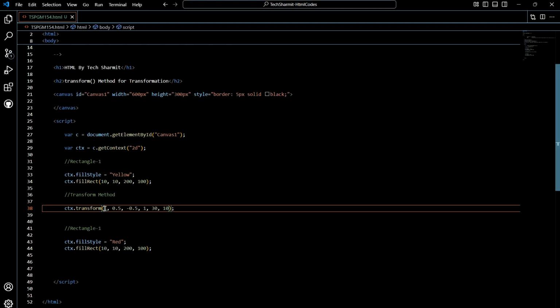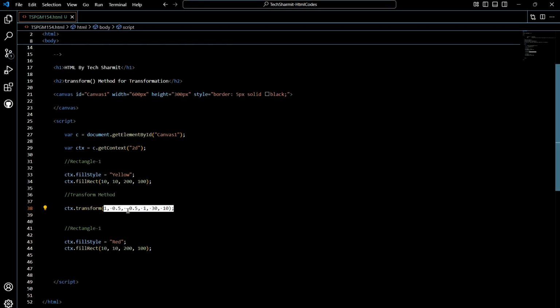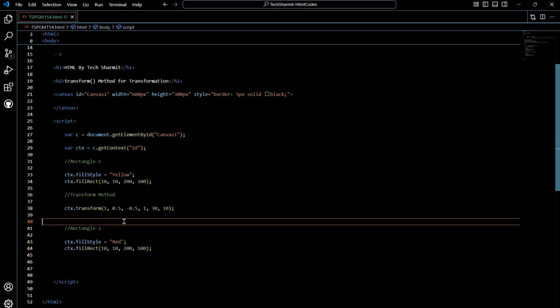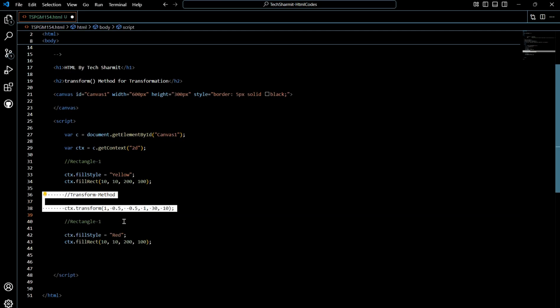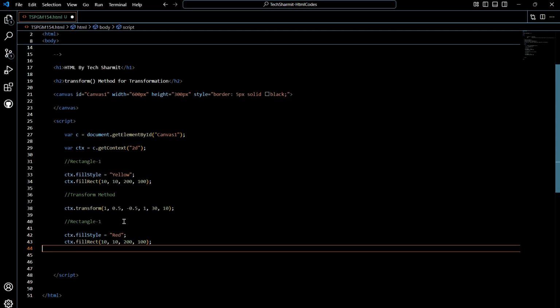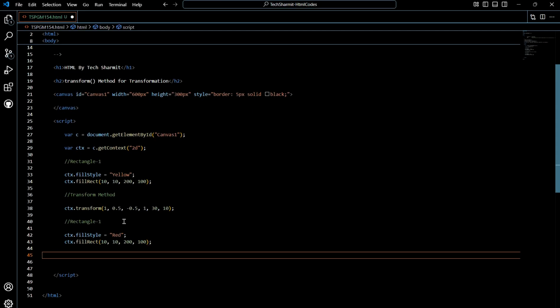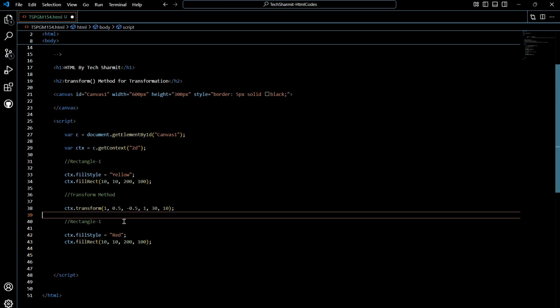Now some of you might be thinking, what are these values? I'll tell you. Firstly, I'll show you the effect, and then I'll tell you the exact value, like why we are passing these values. Okay. But prior to that, let me add another transform method. So as many times as you apply this transform method, it will show you the effect. Let me copy this first,